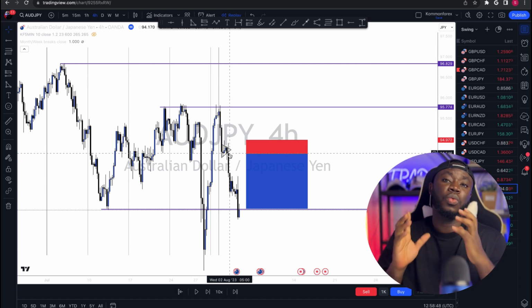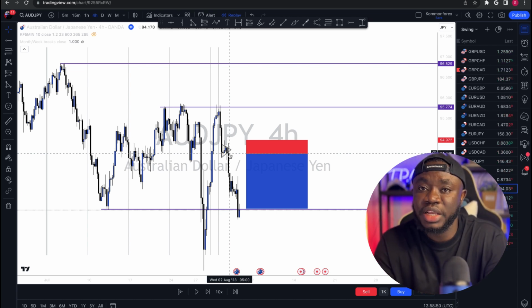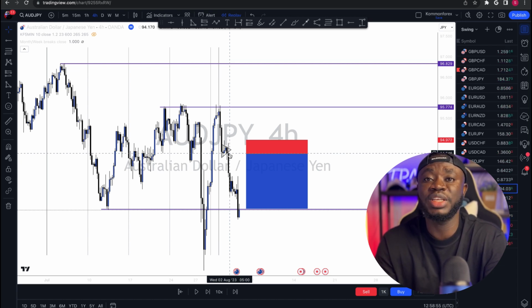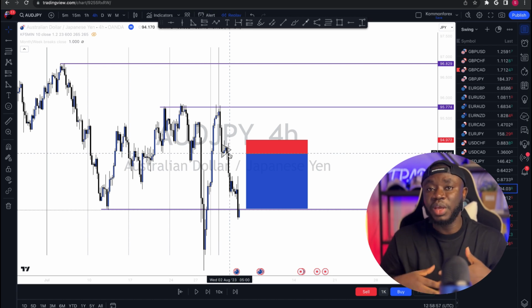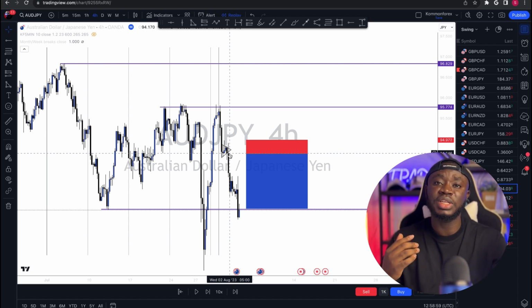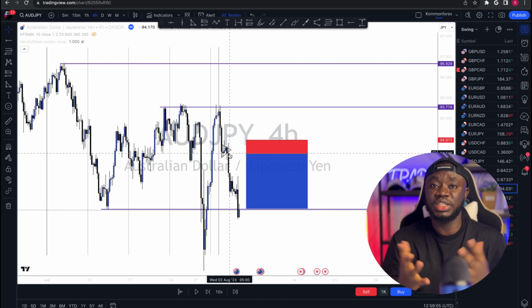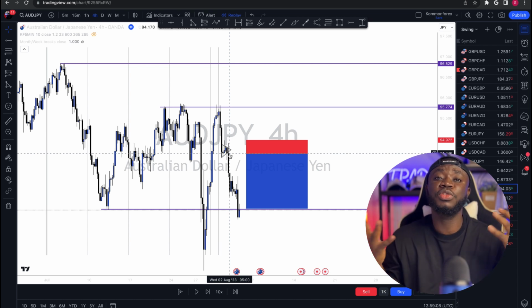And then the final one is what we call correlation. Correlation simply means the relationship that certain currency pairs, indexes, or commodities have with each other. It can either be a positive relationship, meaning that if currency A goes up, currency B also goes up, or a negative relationship, meaning that currency A goes up, currency B comes down. That's what a relationship is. So this particular relationship helps you take trades on a currency pair which might not have even given you a